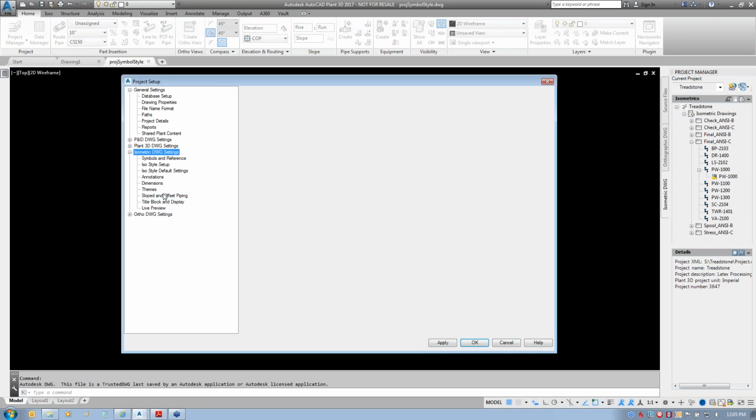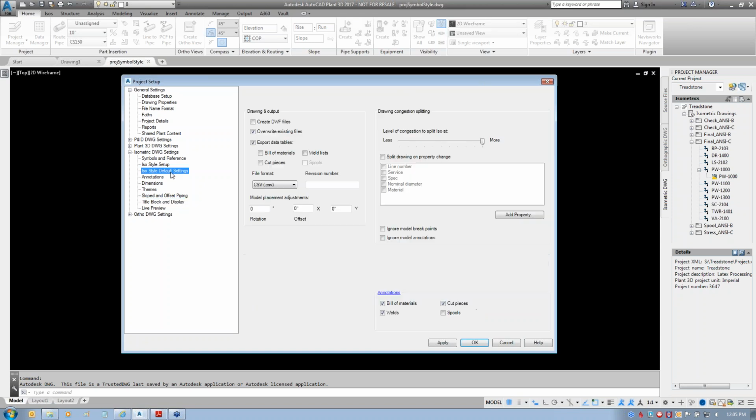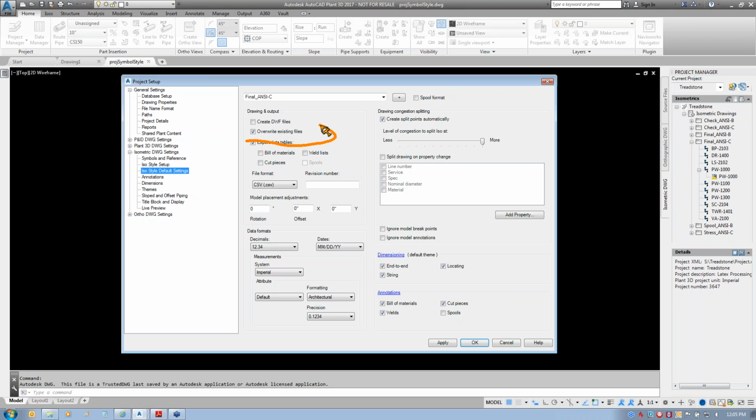Now, this particular title block and everything, like I said, is the Final ANSI C one. I told you I'm using it out of the box with a few minor changes, and we're going to make a copy of this one to create our own custom one, because I always suggest making your own version instead of making any changes to the ones out of the box. But just to let you know, a couple of the types of settings I've changed is I've set it up already for override existing files, so it defaults that way. I've maximized the congestion to be able to get